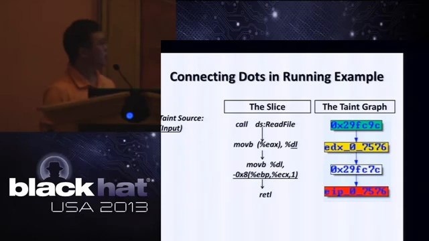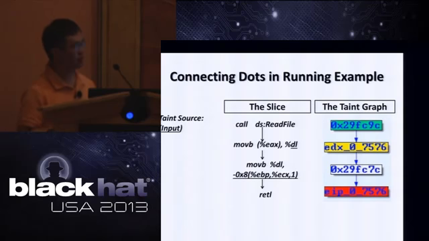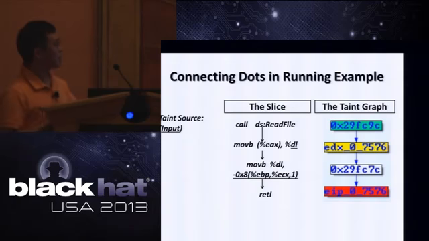Each node of the taint graph represents a byte, either a memory location or one byte in any register. We also encode the registers with thread information and sequence information. And we use different colors. The green color we usually use to represent the taint source. We use red color for the sink. And